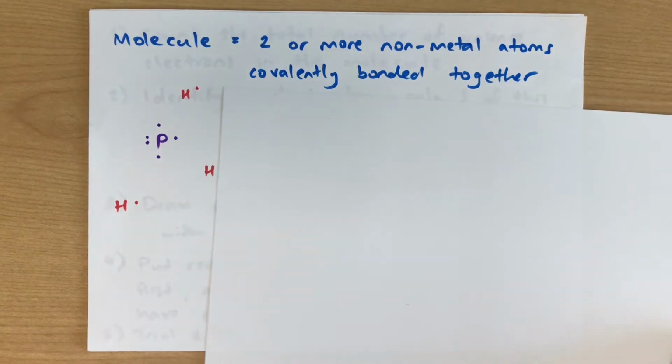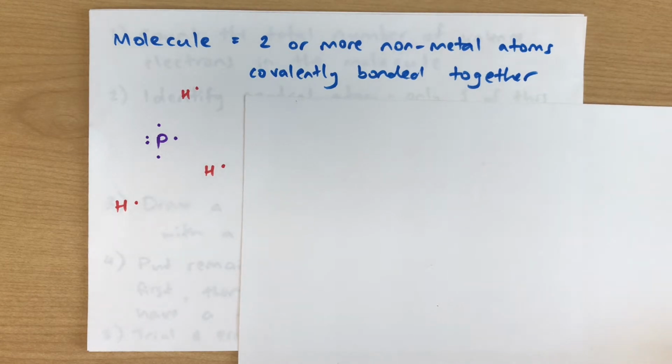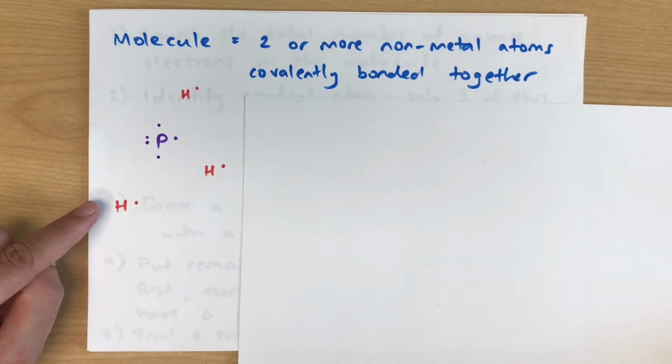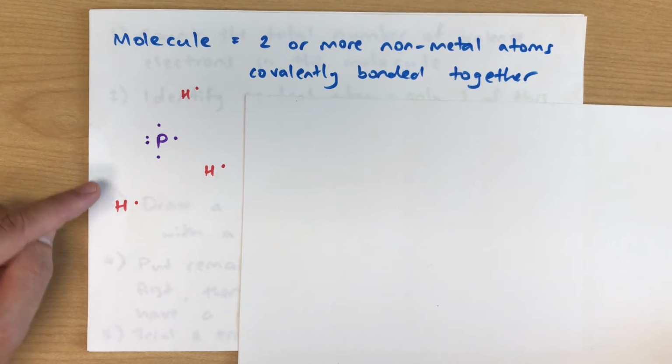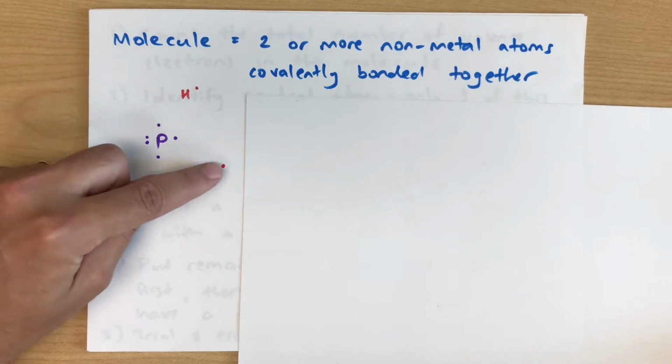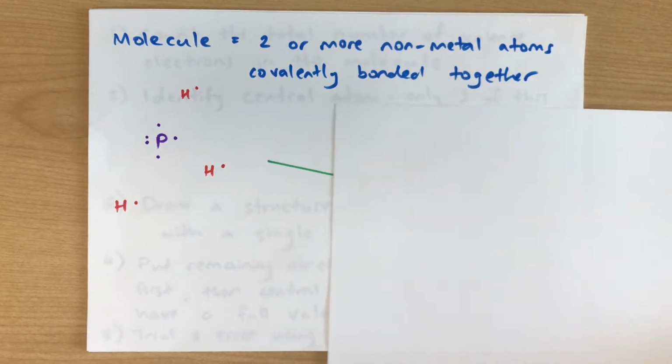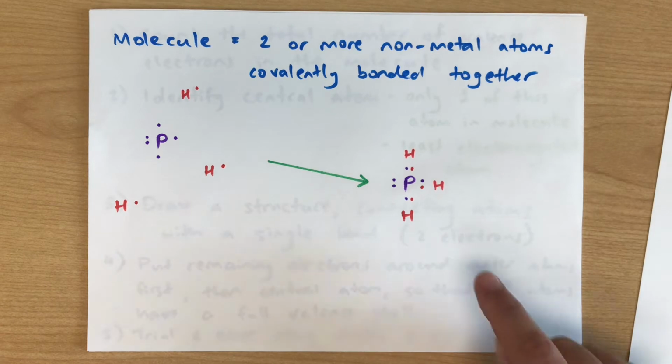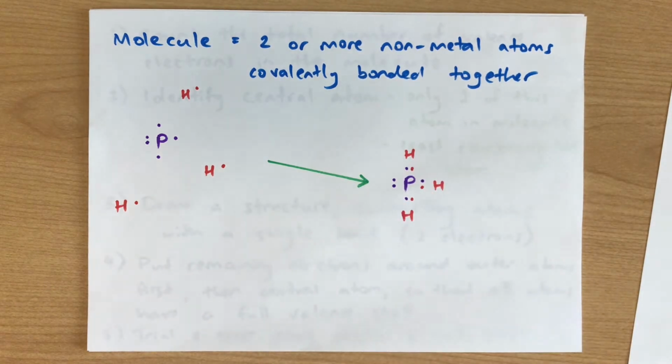So why do atoms bond? If we had these three atoms like this, they are in an unstable configuration, meaning none of them have a full valence shell. Hydrogen has one electron in its valence shell, and that shell can hold two, so it's not full and it's unstable. Phosphorus has 5 electrons in its valence shell when that shell could hold 8, so it's also unstable. If we bond the hydrogens to the phosphorus in this way, then phosphorus has 8 electrons around it,